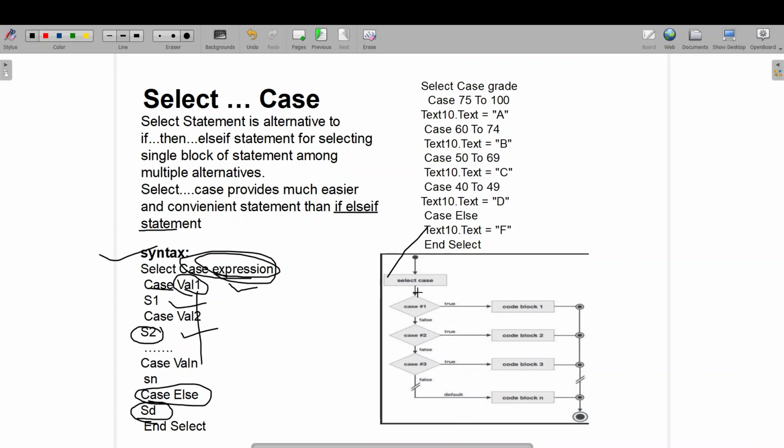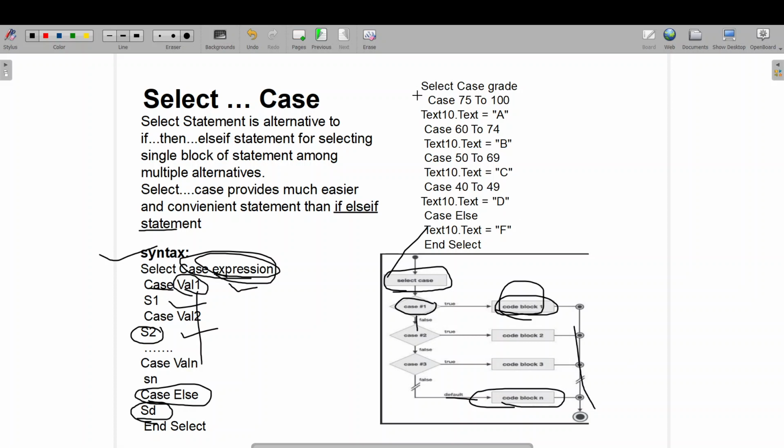See here, these are the cases. Here we specify some conditional value. In case 1, if it is true, I'll execute this block of statements. If that fails, I'll go to the next one and execute it. If that also fails, I'll go to the next statement and keep executing. However many cases I have given, that many cases I'll keep checking the conditions. If everything fails, I'll go to the default and print invalid input, invalid choice, or an invalid case number. Whatever statement I want to print, I'll print it and continue with the flow.